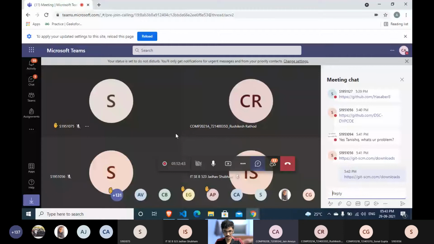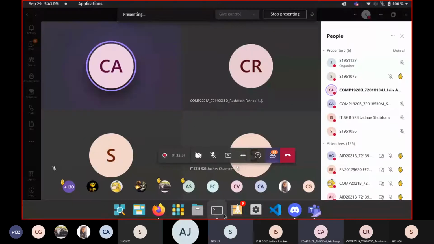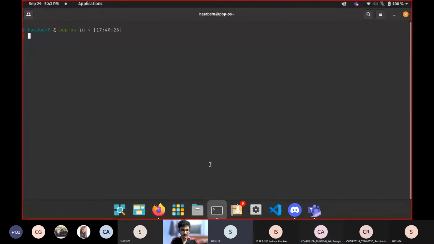Right, I'll continue sharing my screen now. On Linux and macOS, the command is a bit different. I'll show macOS also. I have that PC too. So on Linux,